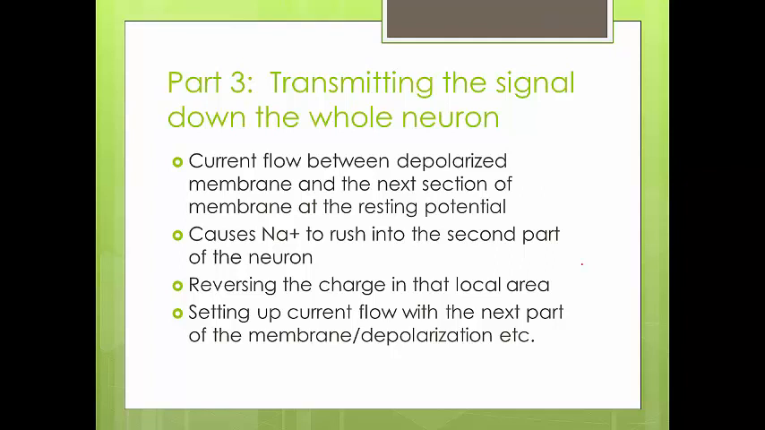So I've just described part 3 for you. That was thoughtful. Namely, how the action potential is communicated down the length of the axon so that the message can be sent